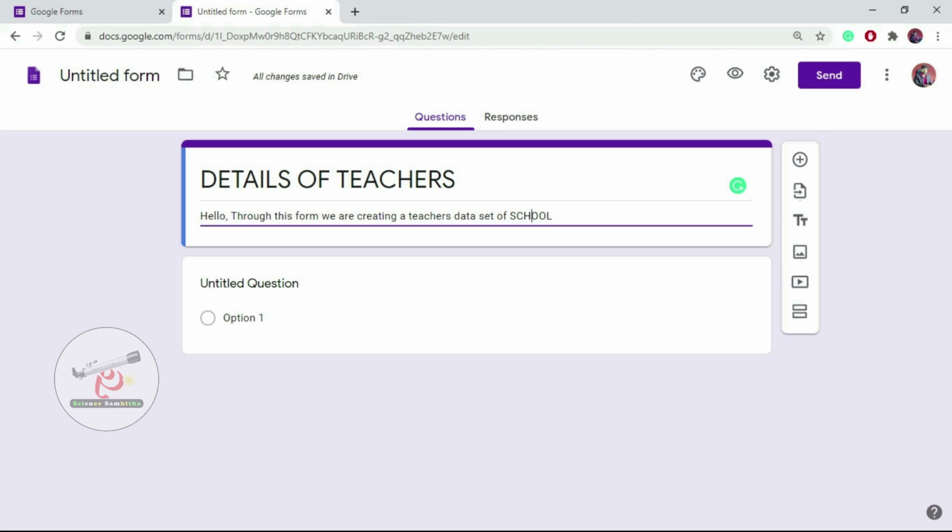You can write the name of your school, like Best School, or something else.